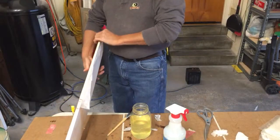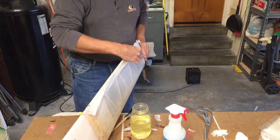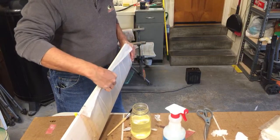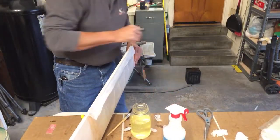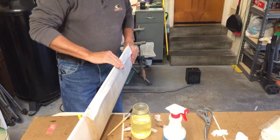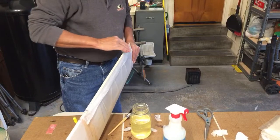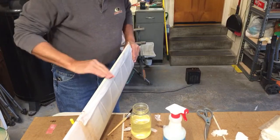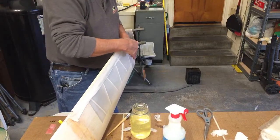Biggest thing is at this stage, don't be intimidated by it by all means. This is a really sort of haphazard thing that you're doing. So what he's saying is you can't screw it up. Well, you could, but yeah, I've had to pull off a piece of tissue before and redo it. But